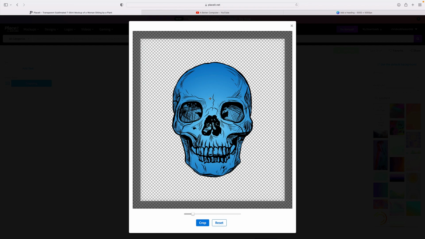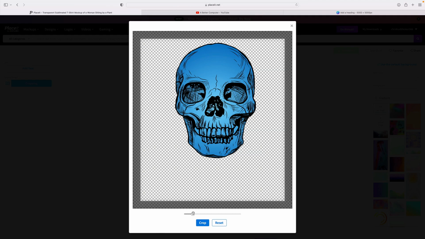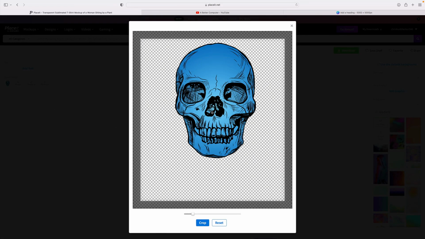And in here, we can go and we can move it around on the shirt. We can change the size of it. So what's going to happen when you first upload, you're not going to know if it's placed right or not. So what you basically want to do the first time is just go in here, just hit crop, see where it is. Okay, so this is not how I want the design to look because it's bleeding over. It's covering up, or it's going up over her neck, and it's onto the sleeve, so that doesn't look very good. So what we can do is we can go in here to resize,